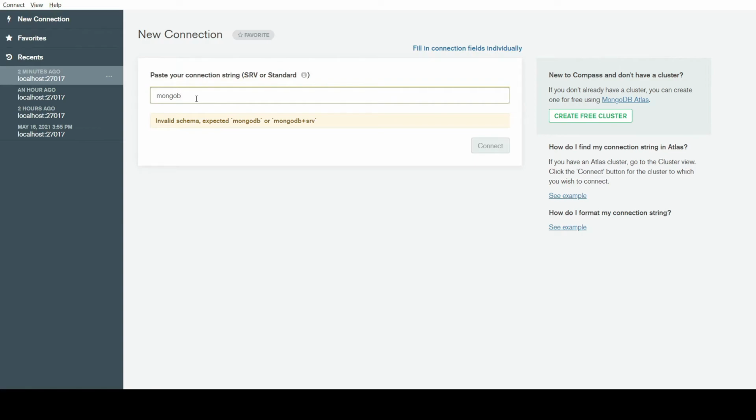That's not the global one. So mongodb://localhost:27017.